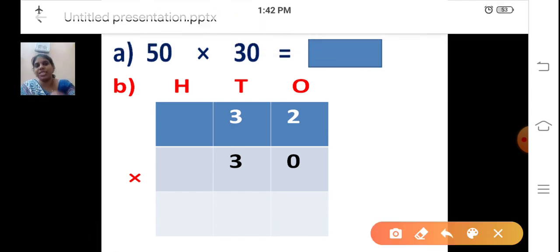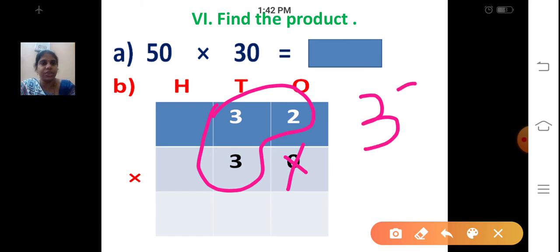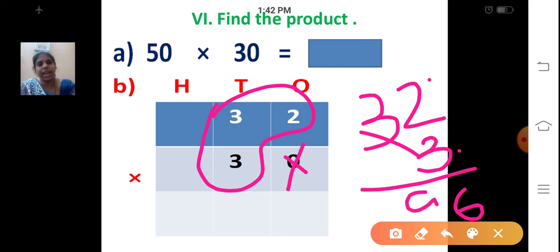So how to do this? So here also we have zeros, isn't it? So what to do? So here we have how many zeros? Only 1 zero. Just leave that 0. Remaining numbers we will multiply. 32 into 3. What is the answer for 32 into 3? Yes. How to do this? Yes, first multiply these two. 3 2s are or 2 3s are? 6. So write down 2 3s are 6. Next, 3 3s are 9. So what answer is 96.